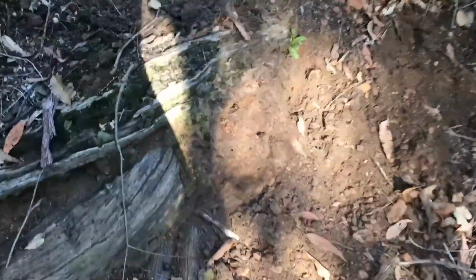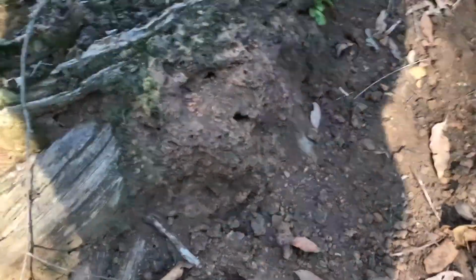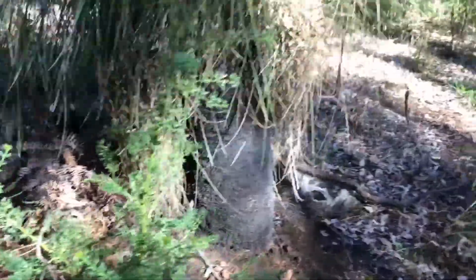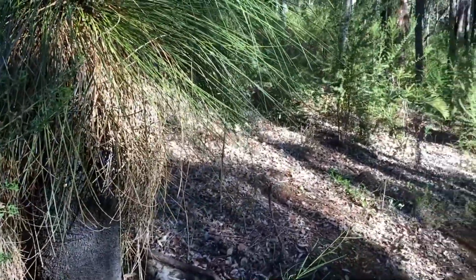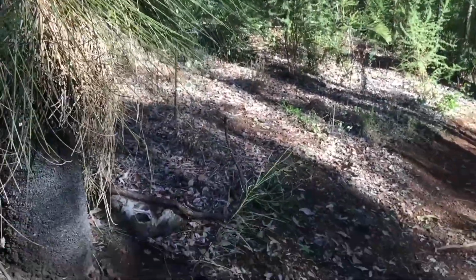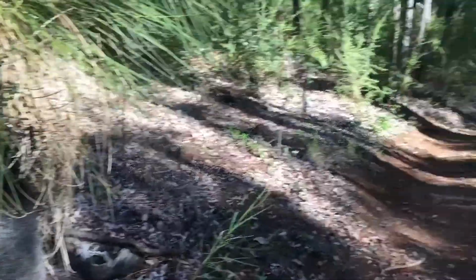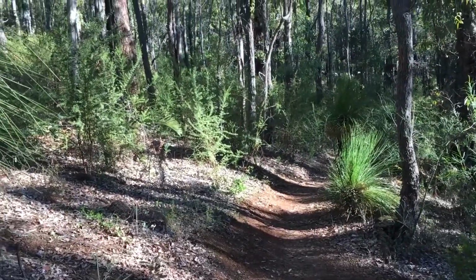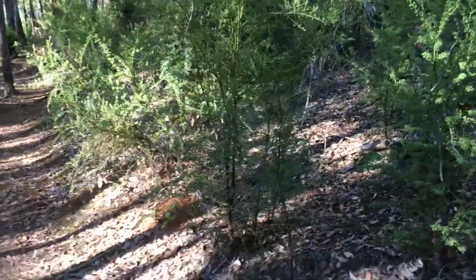That's a termite mound. Well, it's better if I put a shadow over it. It's been smashed, and there's some diggings. There's quite a deep hole just there, right where the shadow is. And behind the black boy there's some more diggings and scratchings. I saw some down the track a little bit, and I thought, oh no, I'm walking up towards a pig. I don't really want to bump into a wild pig out here, but